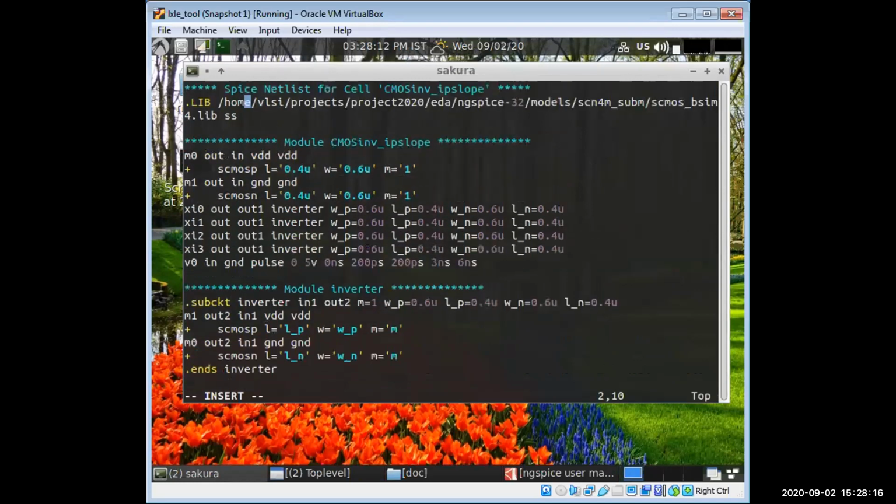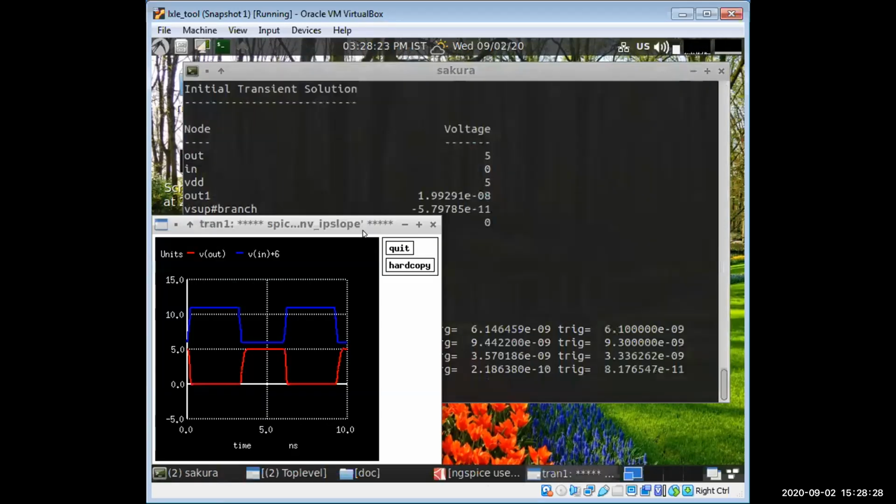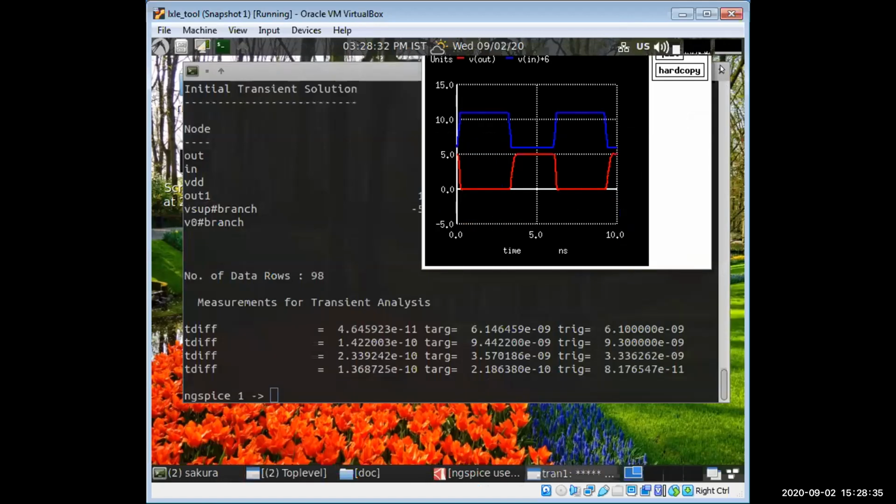Okay, change it to FF. Wait for 1 minute. Just minimize that curve. Okay, so now you can see the best case.